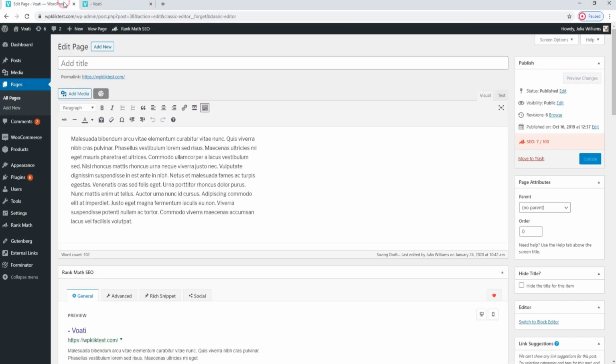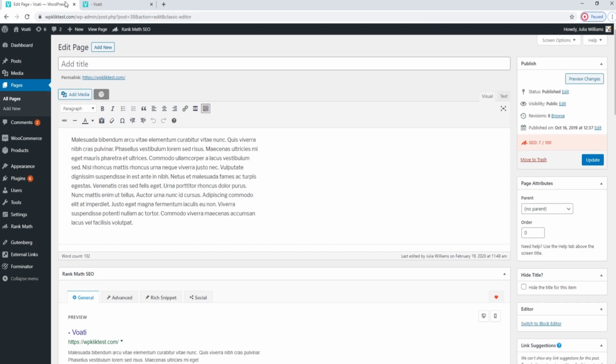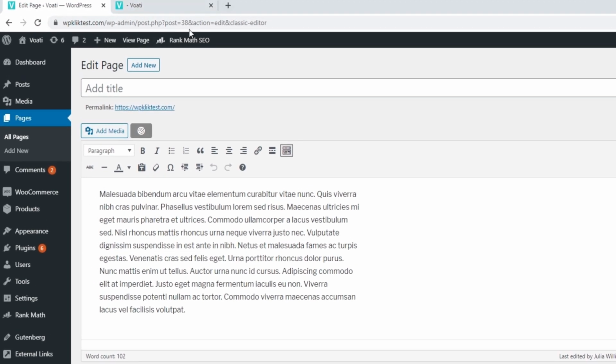The second method for removing page titles in WordPress is a bit more involved because it requires the use of CSS. So when you find the page you want to remove the title from, navigate to it, we'll use our home page again, and you'll need to find the page's ID number. The best way to find it is to edit the page like we are editing our home page now, and in the link to the page, find the number that says post equals 38 in our case,